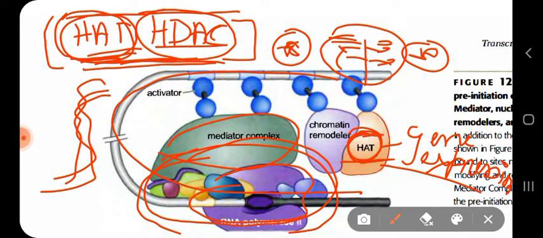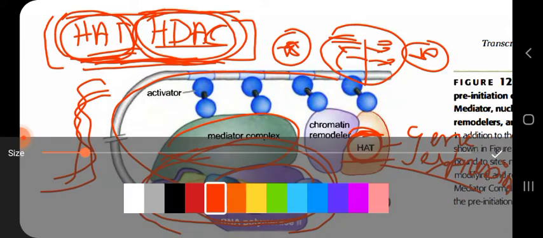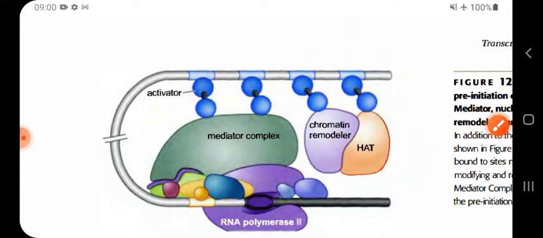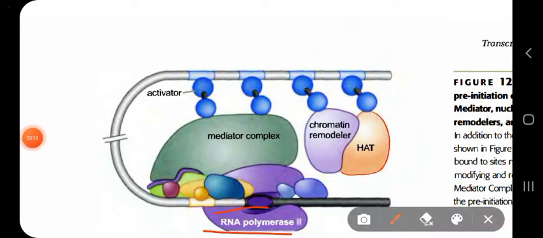Okay, another enzyme is also there, HDAC, histone deacetylase. Both of them are involved in gene expression, which allows the histone proteins to coil up with the DNA to form chromatin, or it can allow unwinding of the DNA so that the enzymes like DNA polymerase, RNA polymerase can access that region to carry out their process of transcription, right?